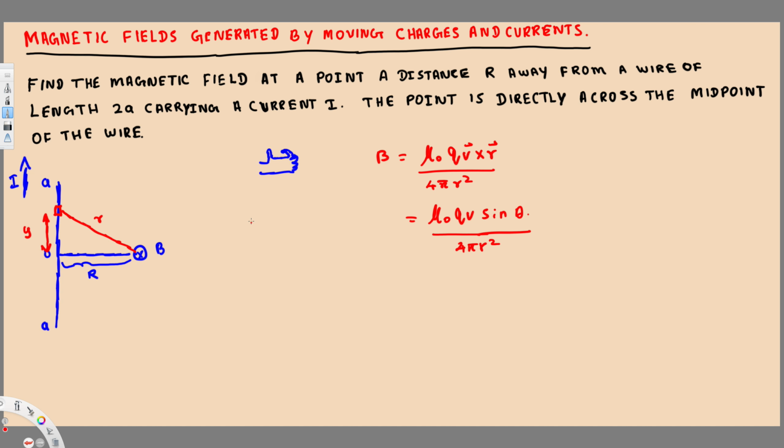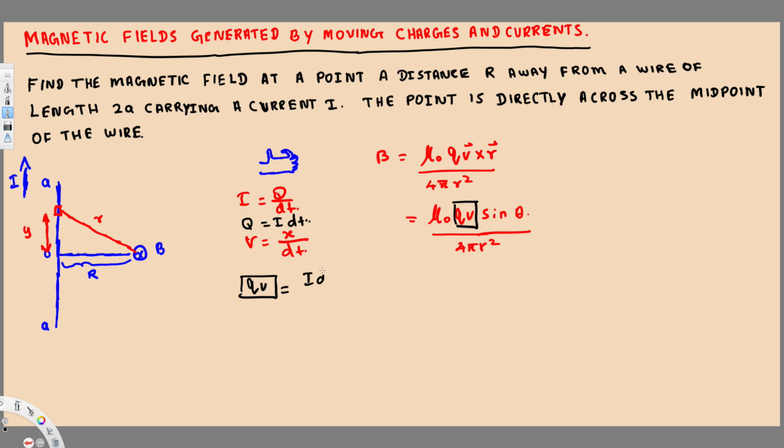We know that I is equal to q over dt, and we know that velocity is equal to x over dt. Here we are dealing with qv, so this is the one we are trying to replace. From this we know that q is equal to I dt, therefore qv is equal to